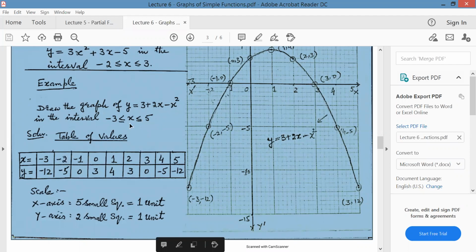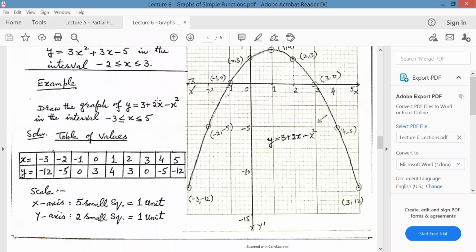Then you put the next value, -2. 3, this will become -4 and this will become again -4. Because -2 squared will be +4, and +4 multiplied with the minus sign will be -4. So this is -4, this is -4, -8, and -8 plus 3 will give you -5. Then for x equal to -1, 3 -2 and this -1. So this will become -3 and this is +3, the answer will be 0. So keep on giving these values to x in this equation and you will get a value for y. In that way you complete the table as we had been doing in the previous cases.